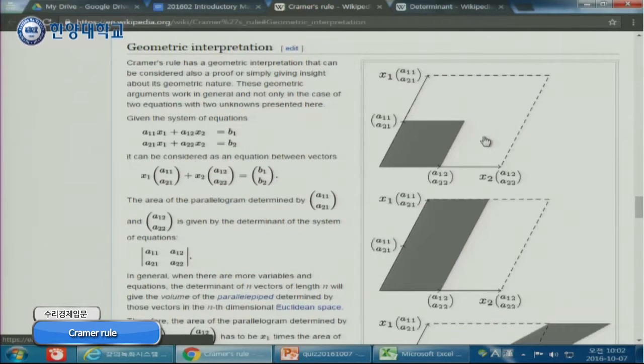So it is another Wikipedia page. Cramer's rule has a geometric interpretation that can be considered also a proof or simply giving insight about its geometric nature. The geometric argument works in general and not only in the case of two equations with two unknowns. Here, we have an example, right? We have a system of equations. And then we can write the system of equations in this way. Right? x1, A11, A21, x2, A12, A22, right? So from here to here,